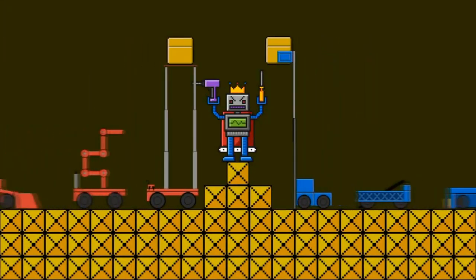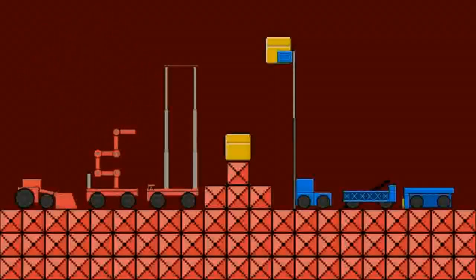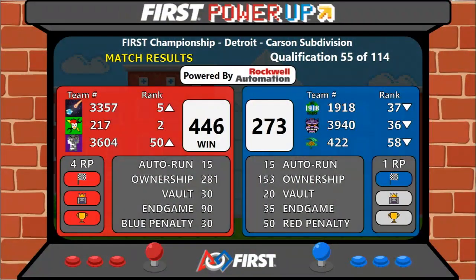Another very exciting match with some climbs right at the end. Your winner was your Red Alliance. 446 points and 4 ranking points right at the end. Your Red Alliance managed to face the boss for your Red Alliance. The Blue Alliance